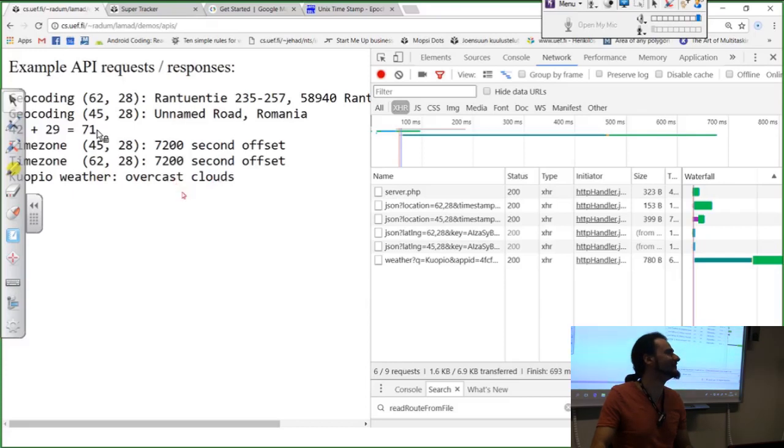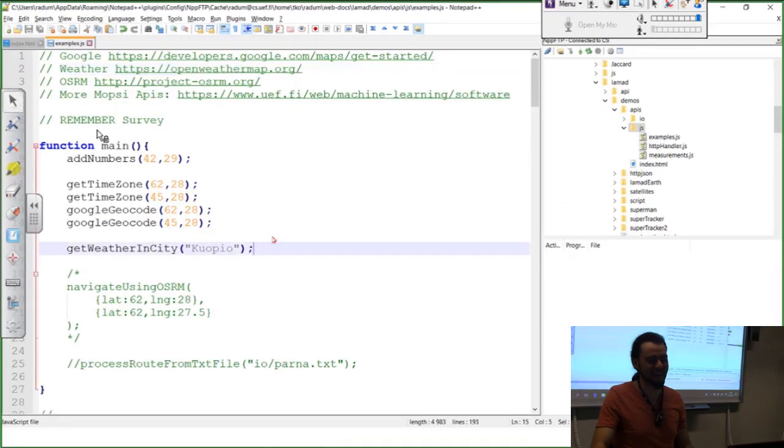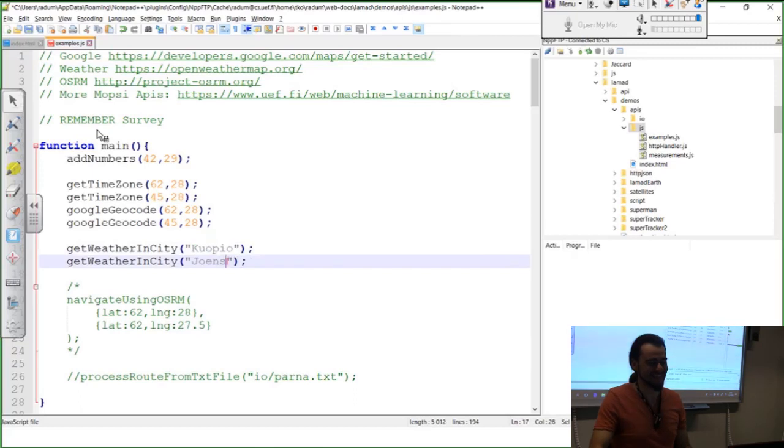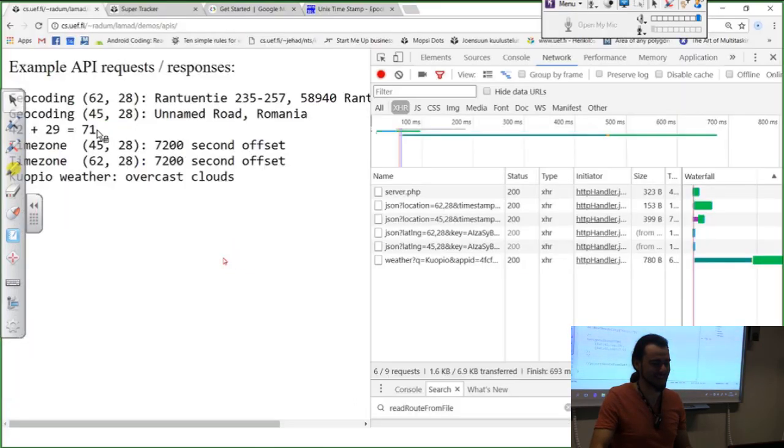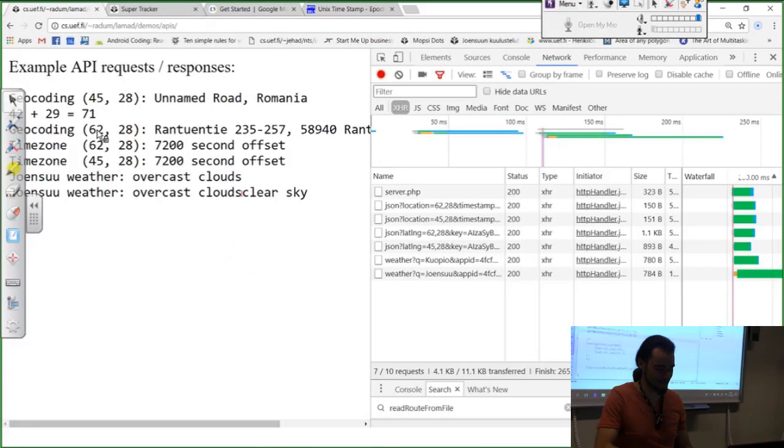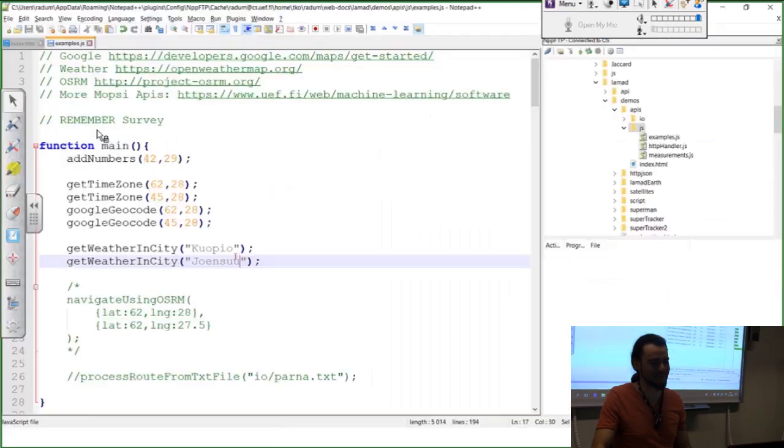Jarmo? Yeah, that's true. Ah, okay, good. So now we can find out, and probably in Joensuu, it's, I believe, overcast clouds, clear sky, so it's a bit uncertain what the weather is like, but